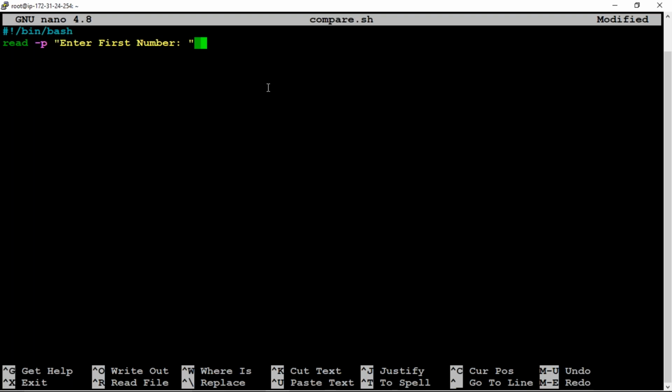Okay, we need to assign that to a variable, so I'm just taking num1 as my variable. And next, I want to read number 2 as well. read -p, enter second number, num2.